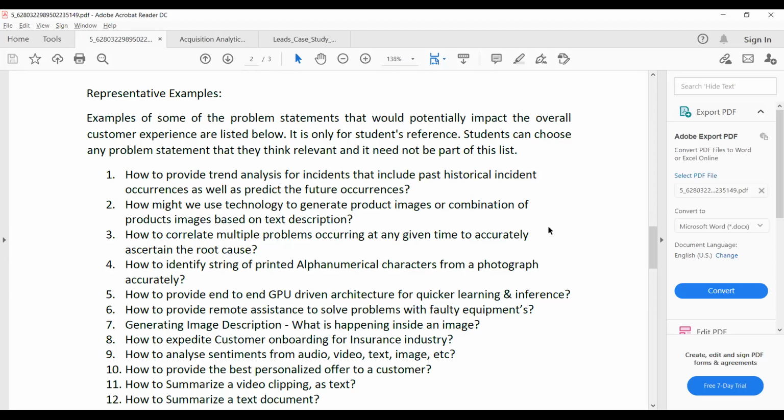Now, how might we use technology to generate product images or a combination of product images based on a text description? Suppose you have written some text. Now, based on that text, how do you generate some images?